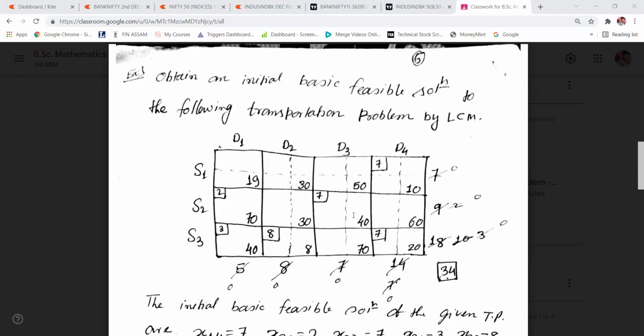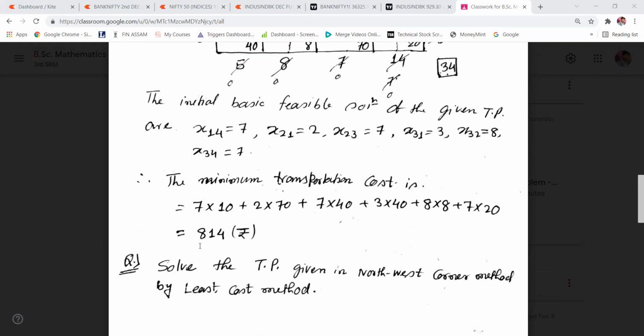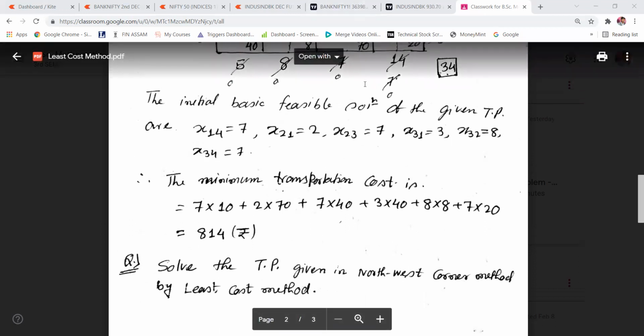So if you check, I think we got 1014 or 15 rupees there. But here how much are you getting? You are getting 814 rupees as the transportation cost. That means you are getting a difference between these two methods.